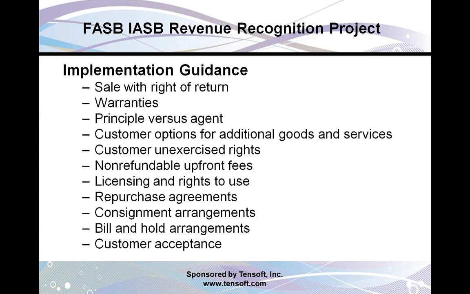The implementation guidance expands and looks at a number of topics and provides some initial guidance for them, things like sales with rights of return, how to address warranties, when you do gross versus net as far as who's a principal and who's an agent in a revenue transaction, how you address options for purchases of additional goods or services, what if the customer has unexercised rights, non-refundable upfront fees, how you deal with those, licensing rights and use, repurchase agreements, consignment arrangements, bill and hold, and customer acceptance. All of these are topics in that